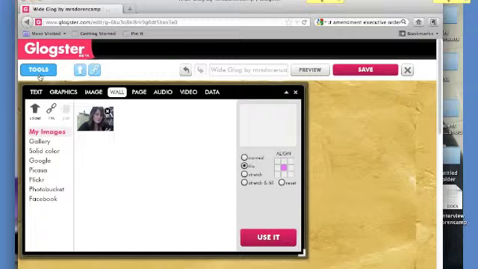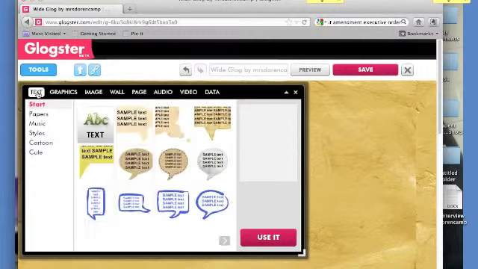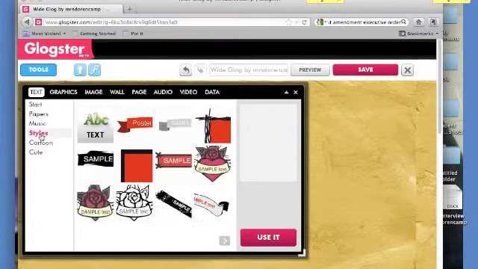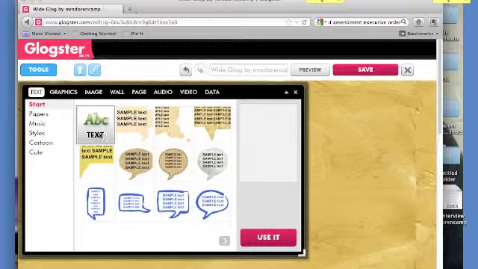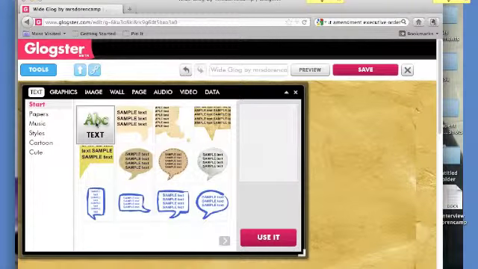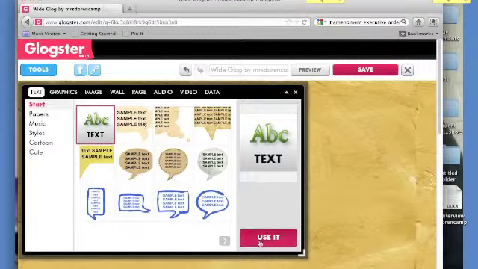So now what I want to do, let's say I want to create a blog poster about the First Amendment. The first thing I'm going to do is insert some text. So I'm going to click on Text, and notice it gives me some different options that I can use for text. Me personally, I think I'm just going to use this plain old simple text. By the way, if you want more options, you can click on these bottom arrows and navigate through. But like I said, I just want plain old simple text where it says ABC text. I'm going to click on it. I'm going to hit Use It,